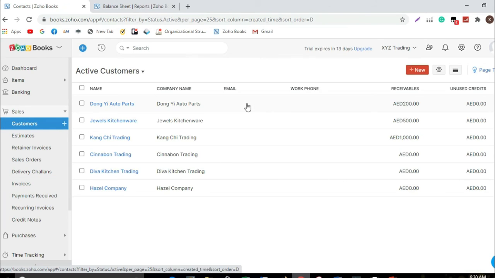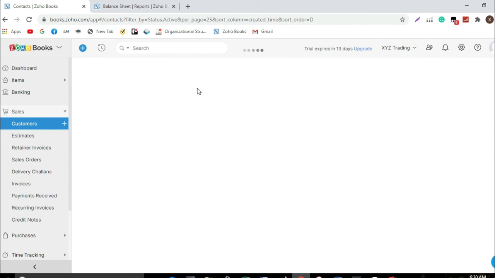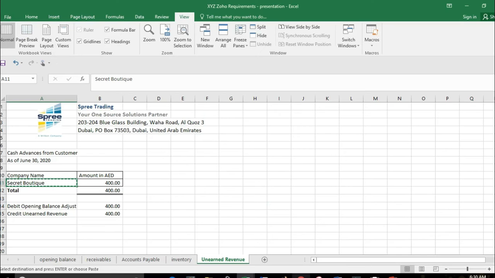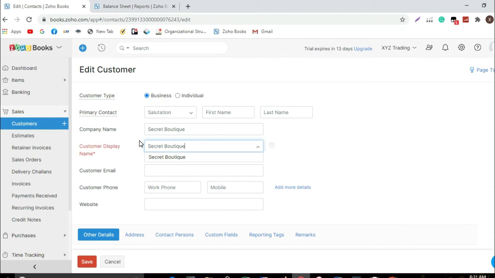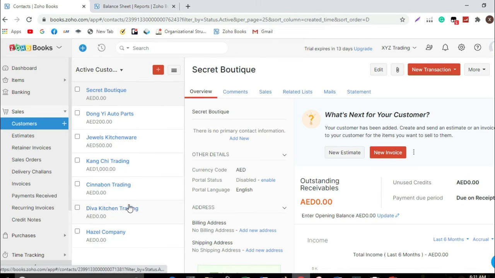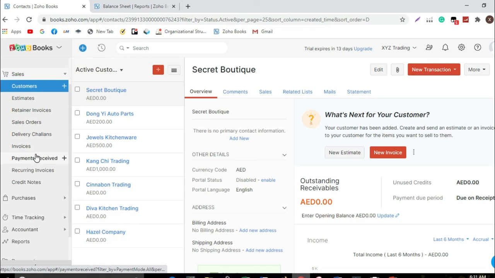So next, we'll add advance payment received from customers. Since we have not added the company name, please add the company name under the sales module. Go to customer, click add new before you proceed to adding the payment received.